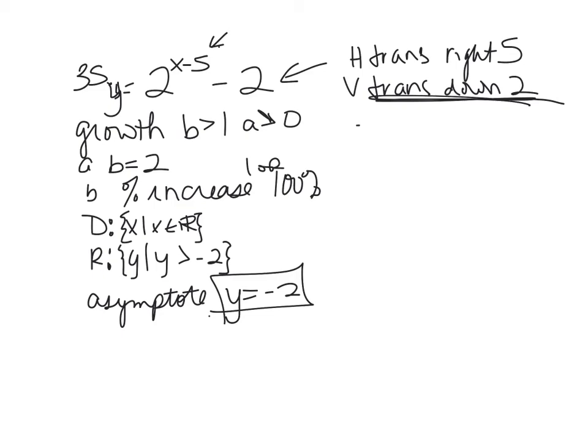We're going to make a table, -1, 0, and 1. When I do this, I prefer to just plot the parent function. So I'm just going to use y equals 2 to the x. I'm going to ignore the transformations, and I'll just move everything over. So 2 to the -1 is 1/2. 2 to the 0 is 1, and 2 to the 1 is 2. And each point is going to move right 5 and down 2. So when we graph that,